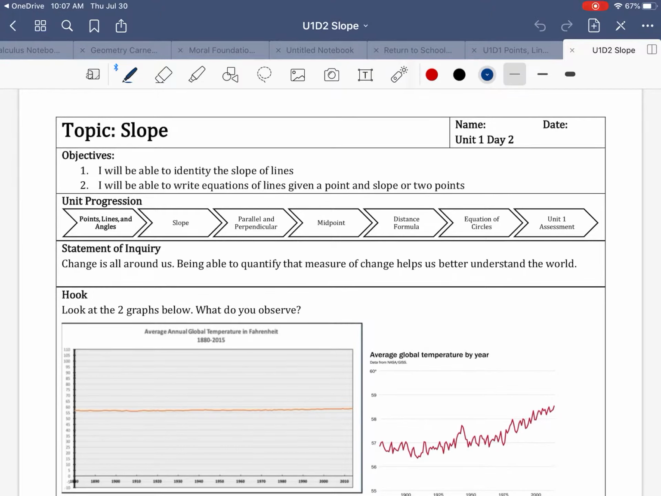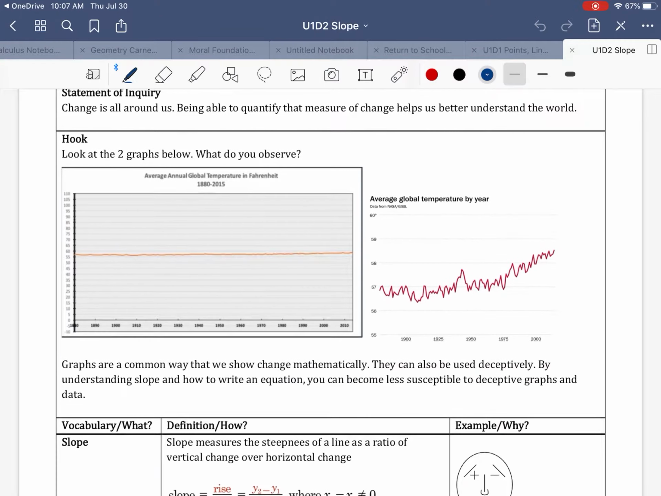Our statement of inquiry for today is this idea that change is all around us. Things are constantly changing, and being able to quantify or put numbers to that measure of change helps us to better understand the world. Now, an example of that might be, how is the temperature, the annual global temperature, changing